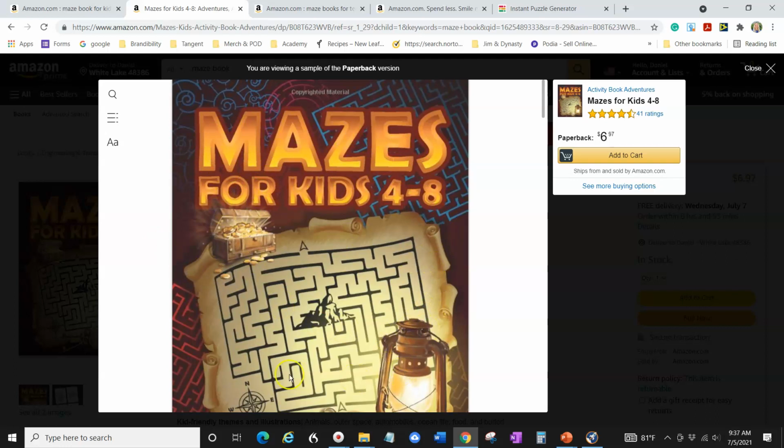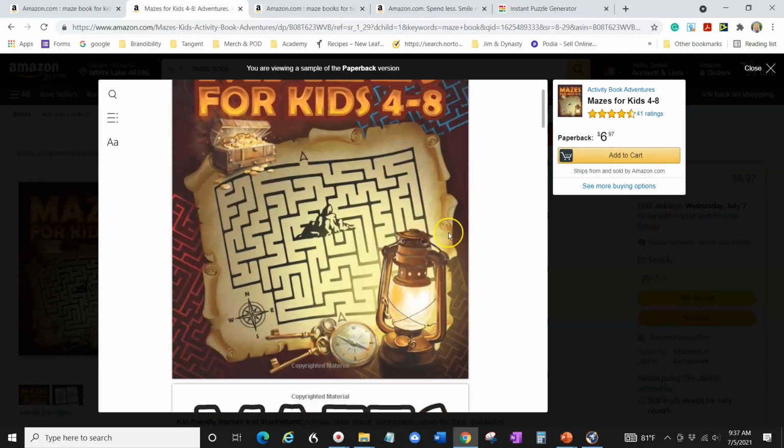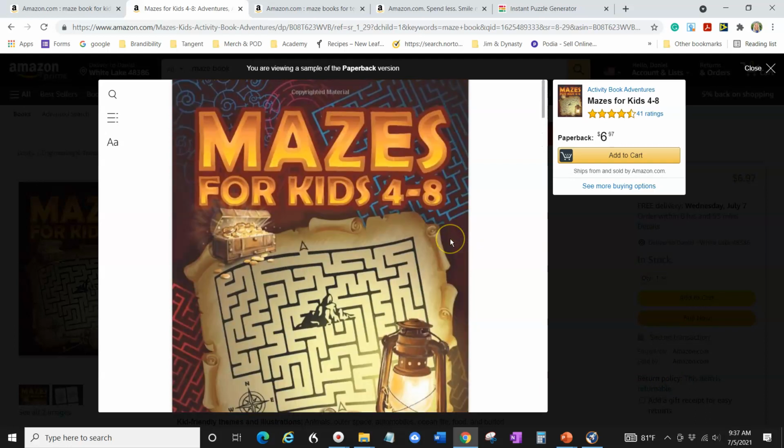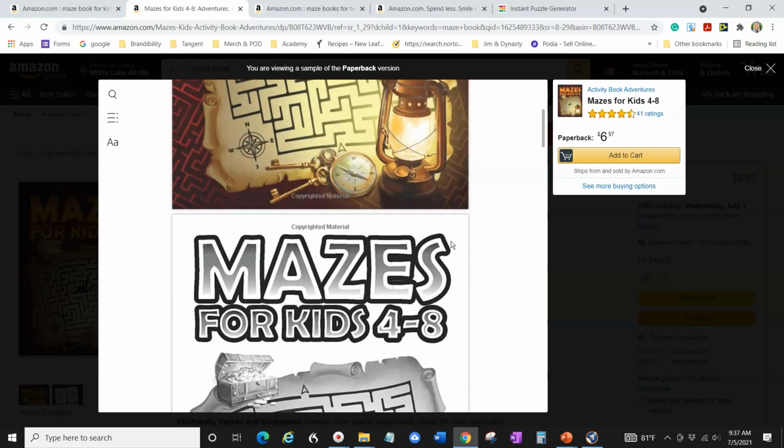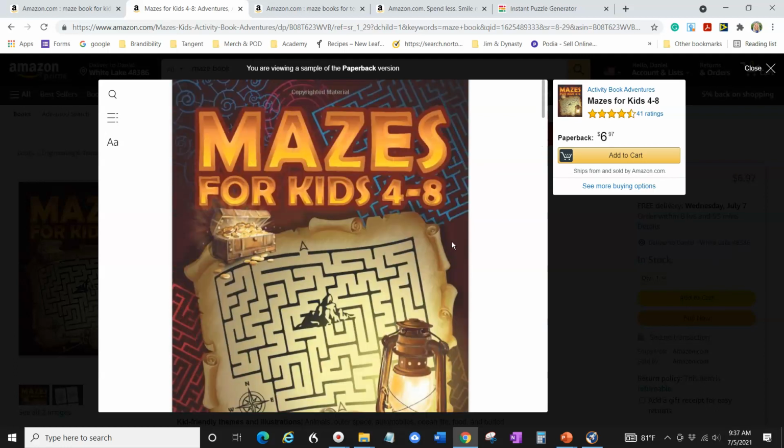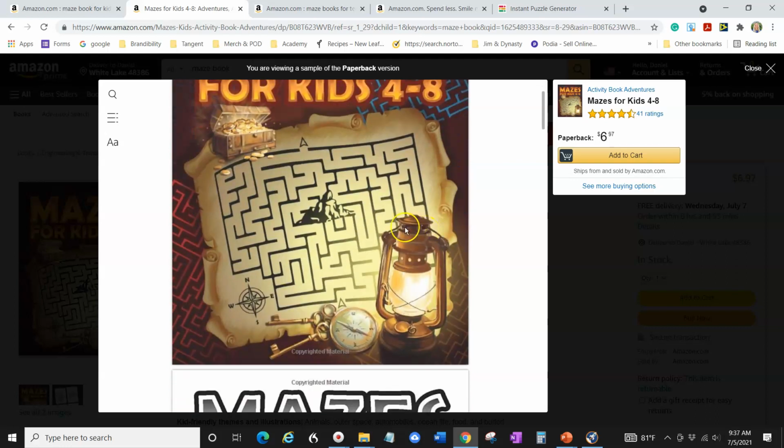This has got parchment paper. It's got a compass. It's very, very interesting. It's very fun to look at. It's a really great, really well done cover. Doesn't this look like something someone took time to create? That's the kind of covers I want you all to create. I want you to make ones that look like they took time, effort, thought. This is just a really well done cover. I applaud whoever made this.